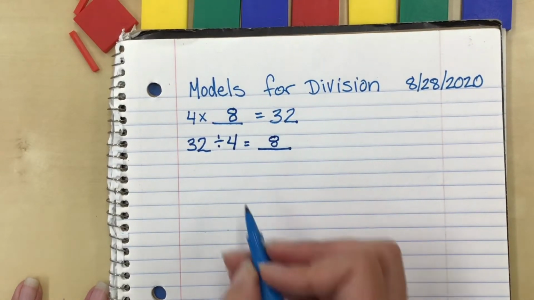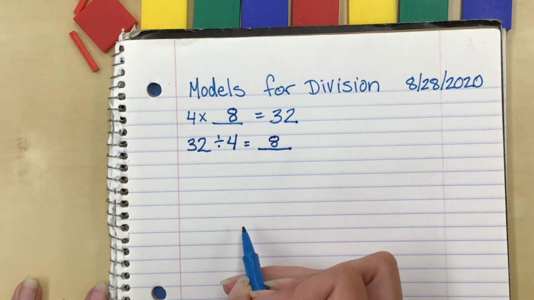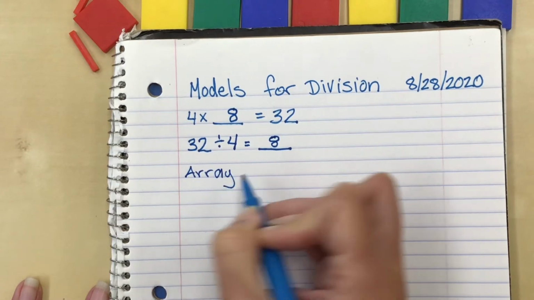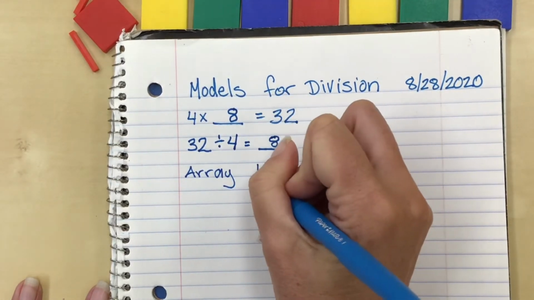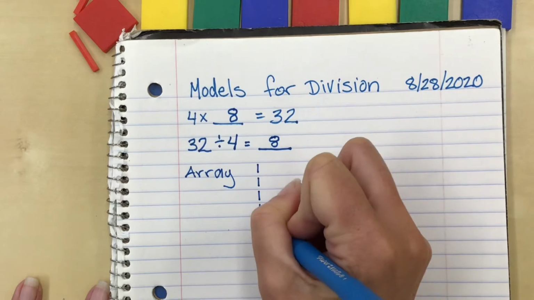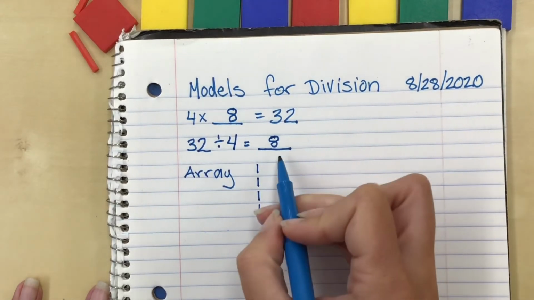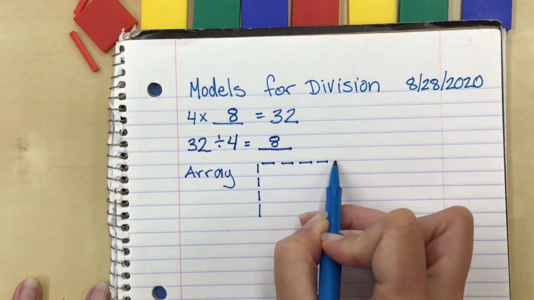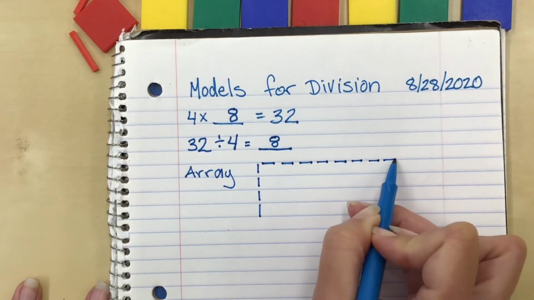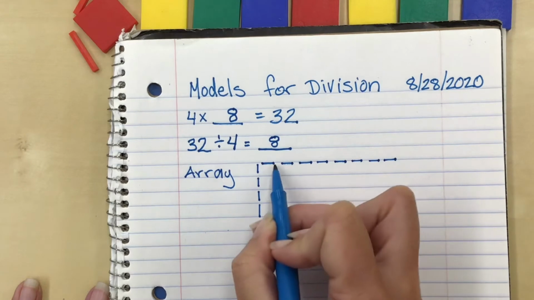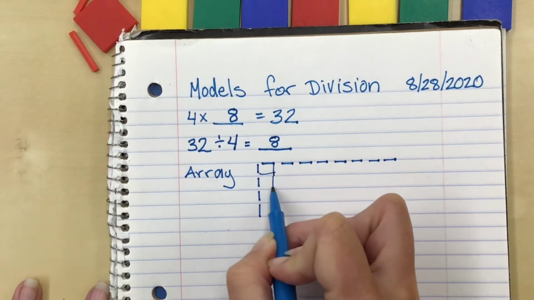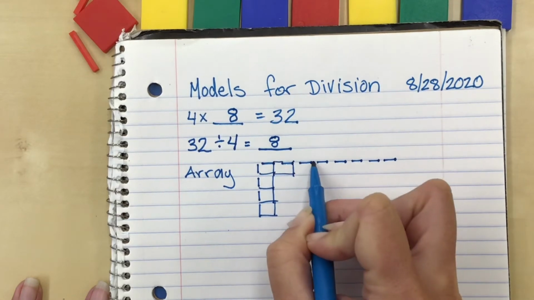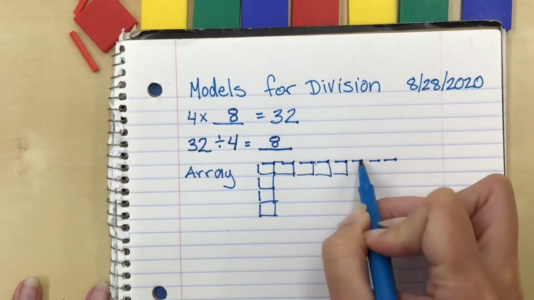So we are going to sketch the array that we made for this. And we're going to write array, and we're going to go 1, 2, 3, 4 down, and 8 across. 1, 2, 3, 4, 5, 6, 7, 8. And then these would each be their own tile. Go ahead and fill yours in. They don't have to be perfect,